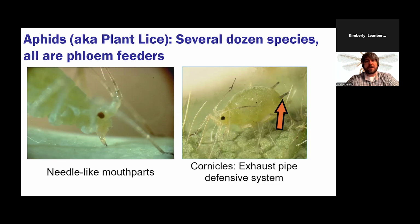With hemp, of course, the cannabis aphid is going to be the most likely candidate that you're going to find. All the aphids share a few biological and anatomical traits. They have needle-like mouths, which you see on the left, and they also have cornicles. Cornicles are these sort of hot rod tailpipes that stick off the rear end of the aphid. They're a part of their defensive capabilities. They can exude some pheromones from there that will alarm the other aphids and kind of scare them away, hopefully